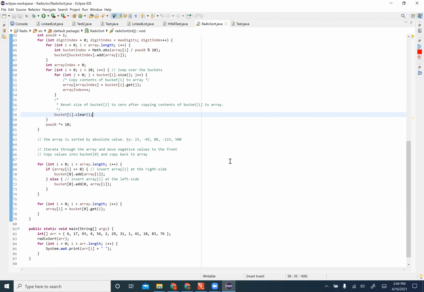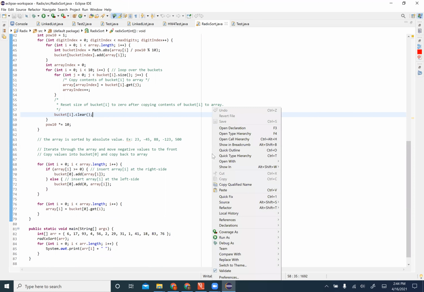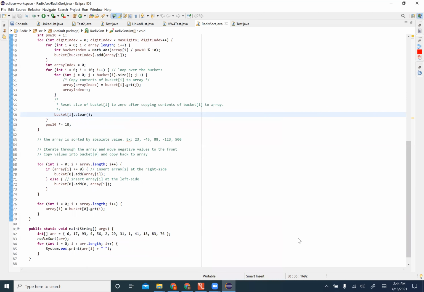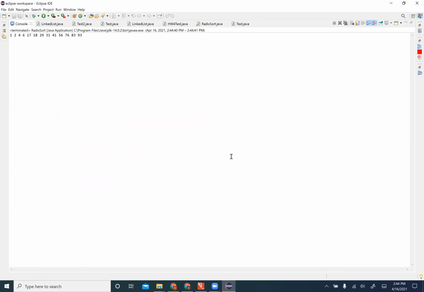Okay, so let's just run this and see what happens. All the numbers just have 2 digits. It's not the most exciting thing, but you can see it. So we call radix sort, and then the numbers are ordered. All right, so